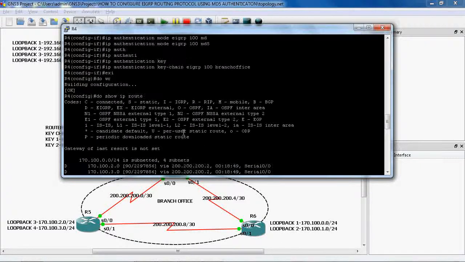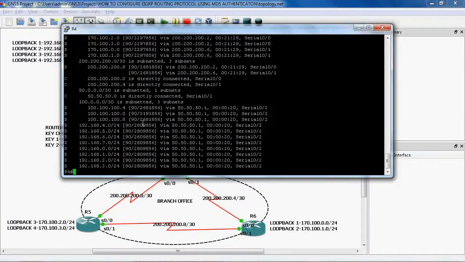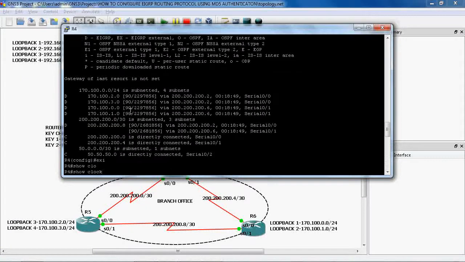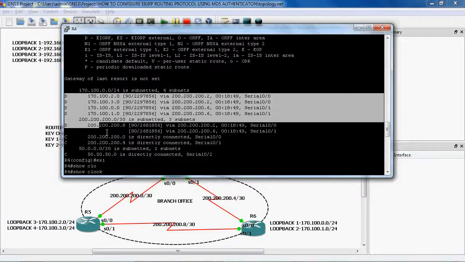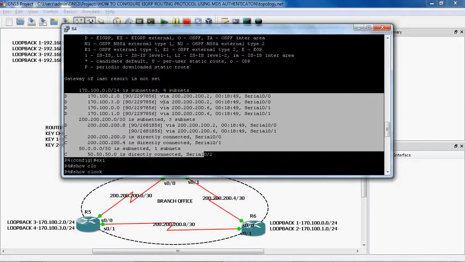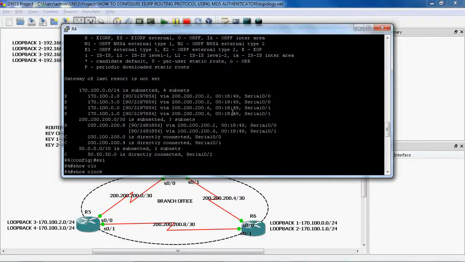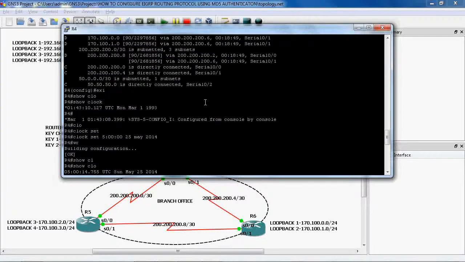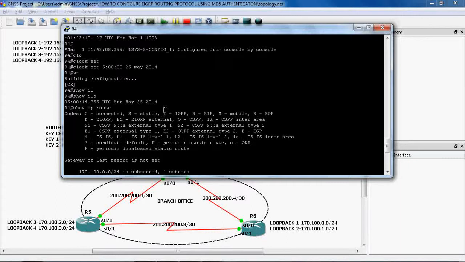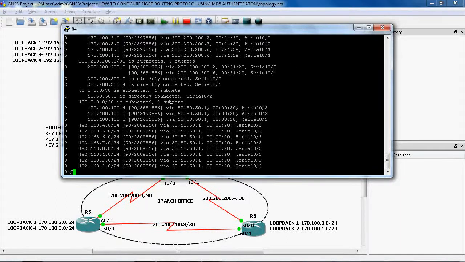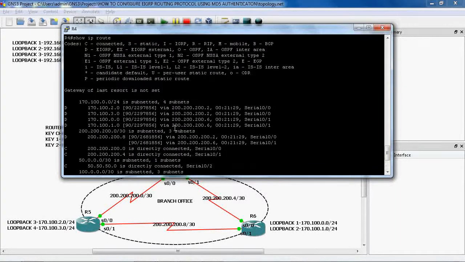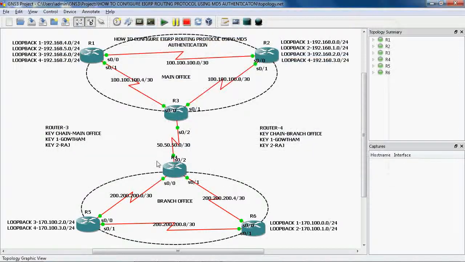Previously it did not form a neighbor relationship. Here we can see these are branch office routes only. We cannot learn any network from the main office. After we change the time to 2014, we can learn from the main office. Okay, now the neighbor relationship is established from R3 to R4, that is main office to branch office.